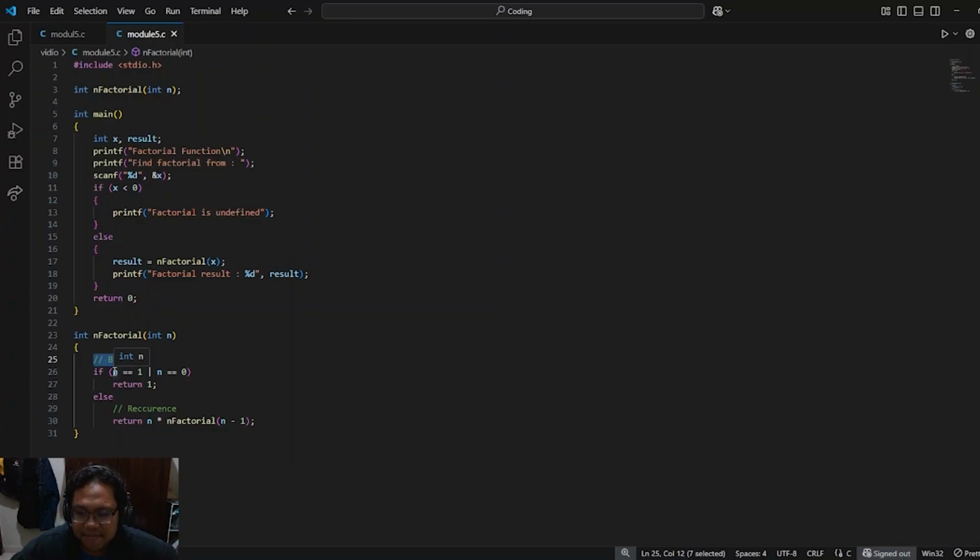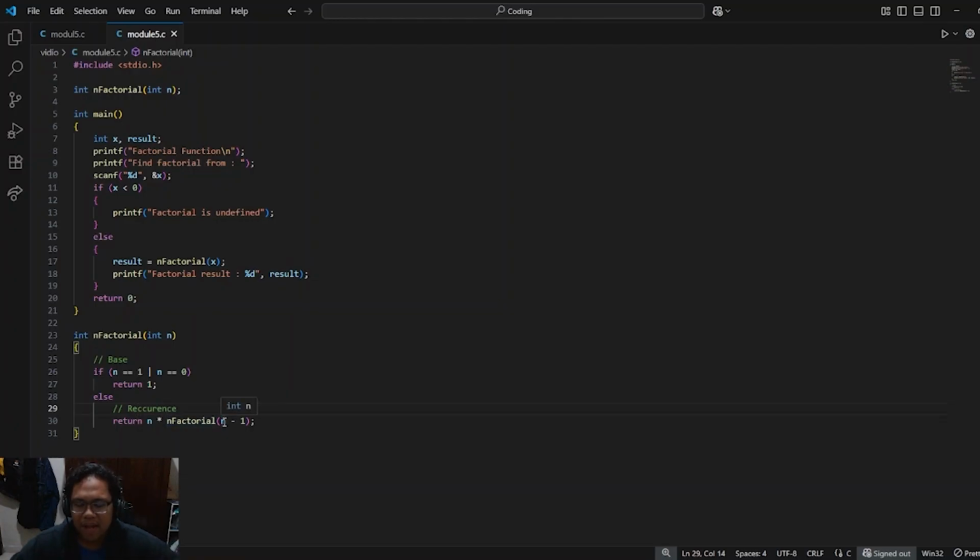In this function, the condition is n equals 1 or n equals 0. And then there's the recurrence in this function, which, if it runs, will give a value of n times n factorial of n minus 1.